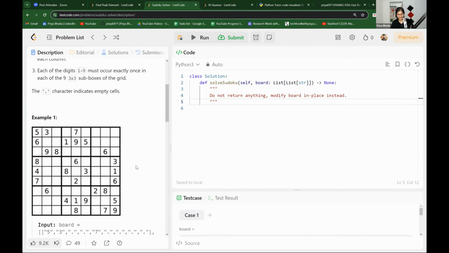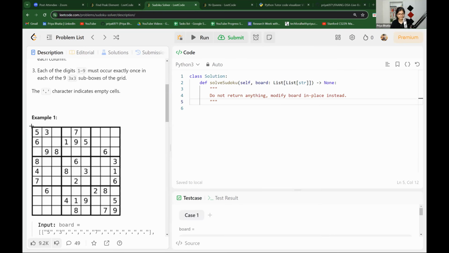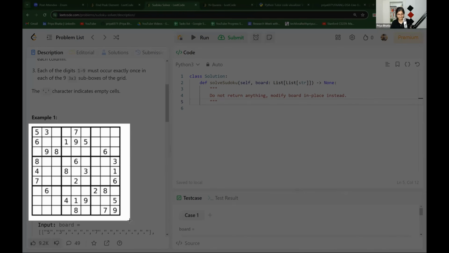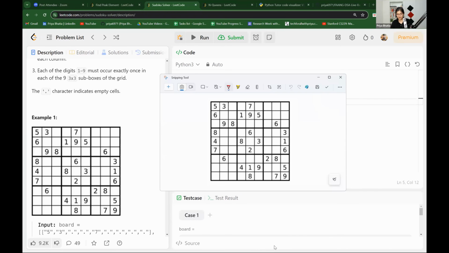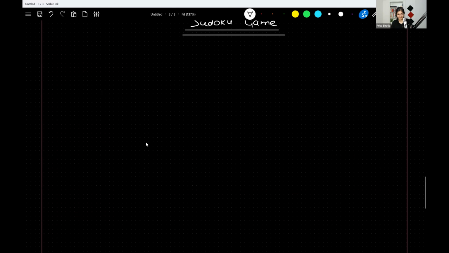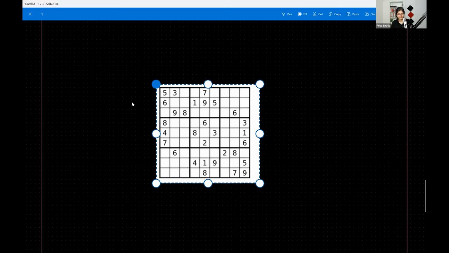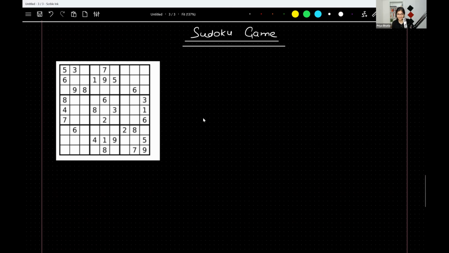Let me copy and paste it on my editor. Now, the last constraint is these sub boxes that we have, 3 cross